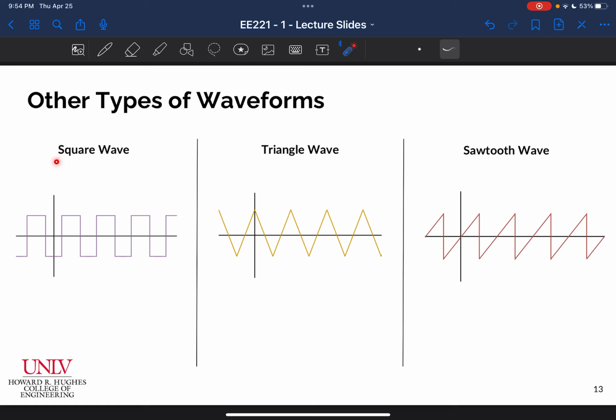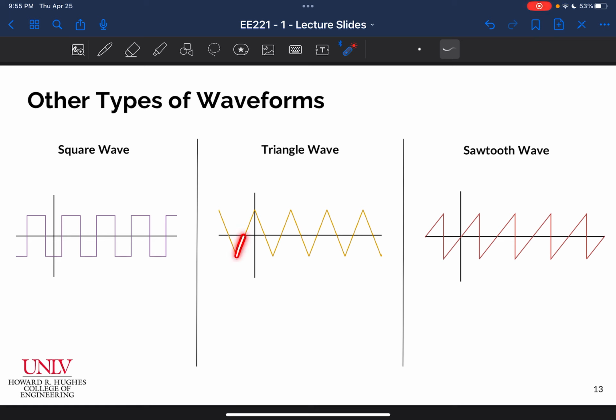The first one is a square wave, which you'll actually see quite often. Square waves are pretty easy to generate. They show up all over the place, and outside of sine waves, they're definitely the most common other type of AC waveform. You will also see triangle waves, which have some practical implications,